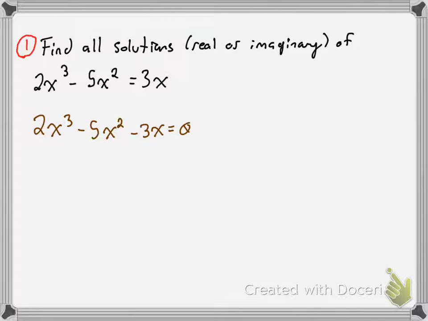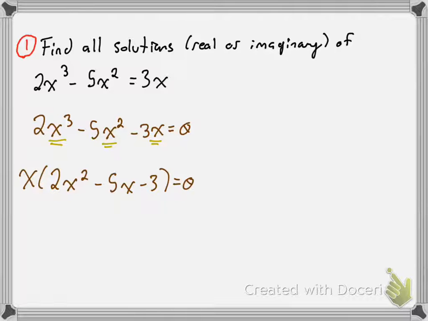What you want to ask yourself next is, is there any greatest common factor I can pull out of all these three terms? Here I can see that every term shares an x, so I'm going to pull it out and I'm going to be left with this equation: x times (2x squared minus 5x minus 3) equals 0. From here, in my parentheses, I have a quadratic equation. So in chapter 4, we learned how to solve these either by factoring or by the quadratic formula. We're going to try factoring first because that'll be the easiest method,